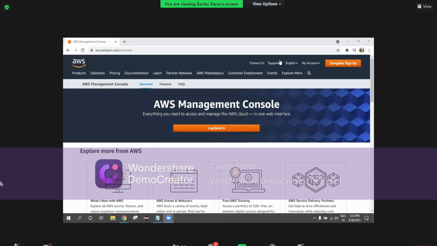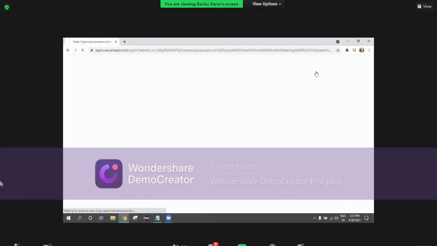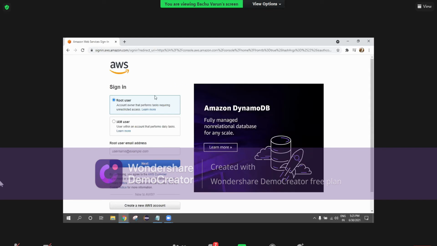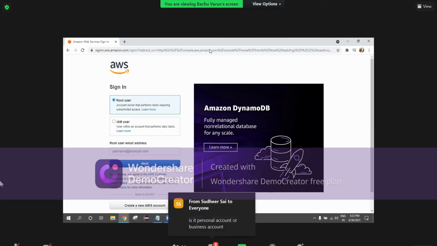Yes, you can create multiple email addresses, but a PAN ID is accessible only 3 times. An email address is accessible only 1 time, but PAN card details are accessible multiple times, with a maximum of 3 times. So here I'm logging into my account now. So I'd like to provide my details and I'll log in here.